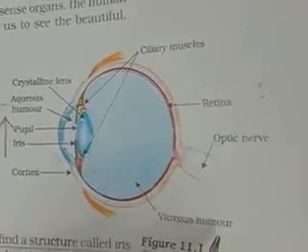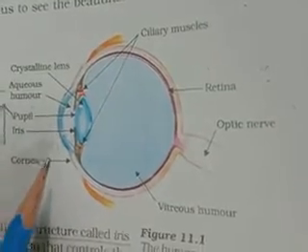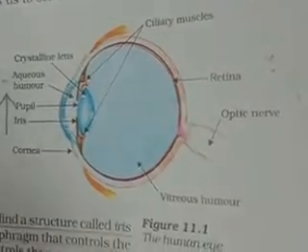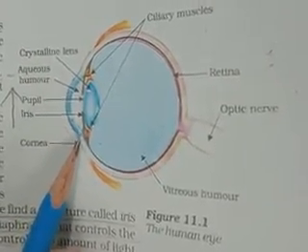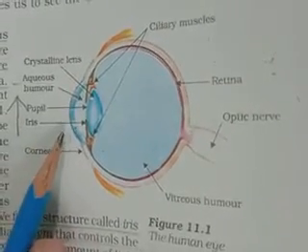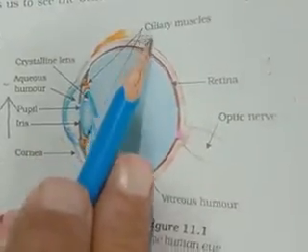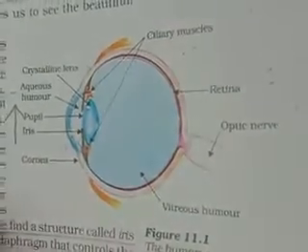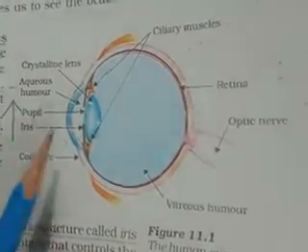Besides that, one more important point: the ciliary muscles. When I explained the lens, you know every lens has a fixed focal length. But the human eye, the crystalline type of convex lens, does not have a fixed focal length. It can increase or decrease the focal length according to the requirement. This increase or decrease of the focal length is done with the help of the ciliary muscles, so that a sharp image can form on the lens.